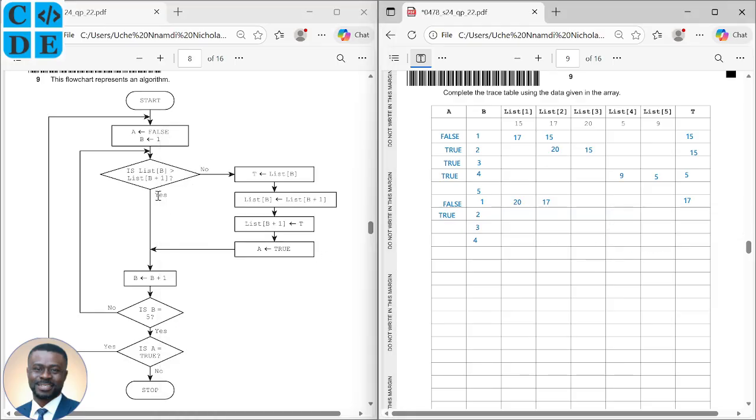Yeah. So we're taking yes, and then we're incrementing b by 1. So b becomes 5. And then is 5 equal to 5? Yes, the answer is yes. 5 is equal to 5. So we are now going to take this direction. Is a equal to true? Yes, indeed, a is equal to true. So because a is equal to true, we're now taking the yes path, and then we're going back to the